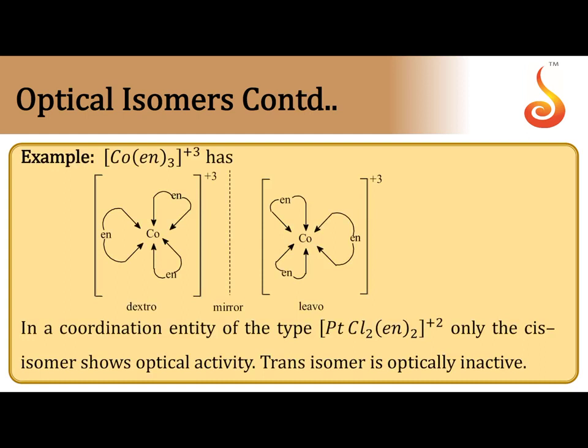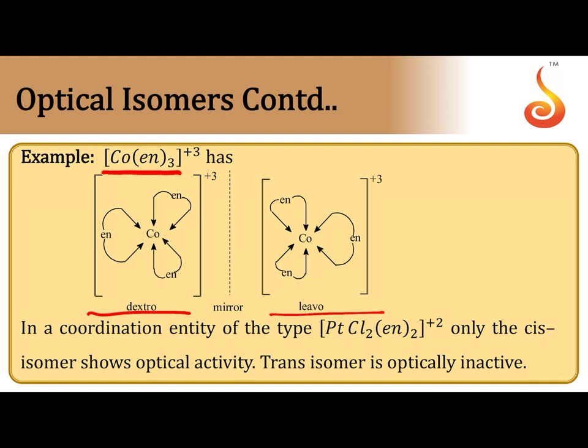Optical isomerism. These optical isomers have the same molecular formula, same properties, but they differ in rotating plane of polarized light. At the same time, optical isomers are non-superimposable molecules. So, to define optical isomers, compounds with same molecular formula but differ in rotating plane of polarized light and non-superimposable one on another are called optical isomers. If these two isomers are exactly mirror images, they are also called enantiomers.